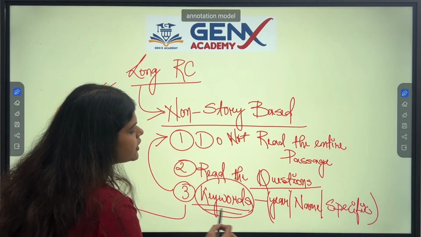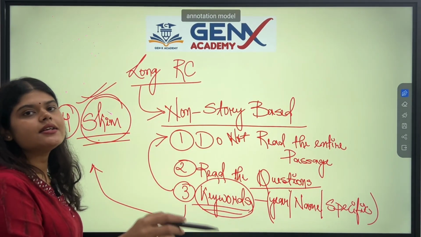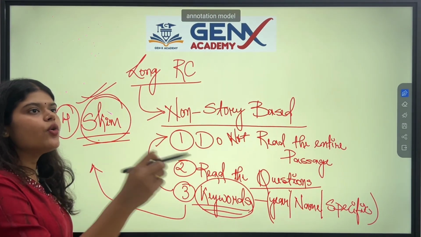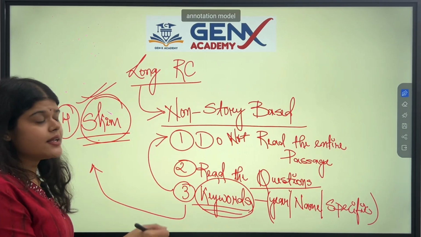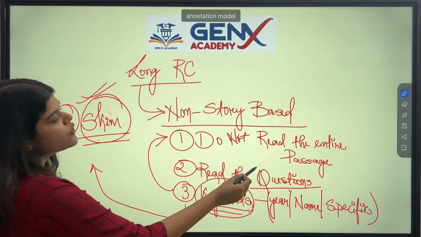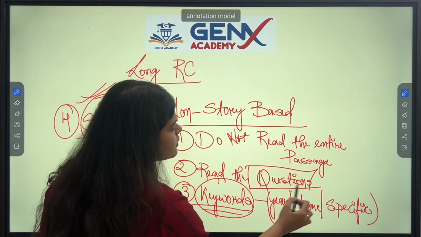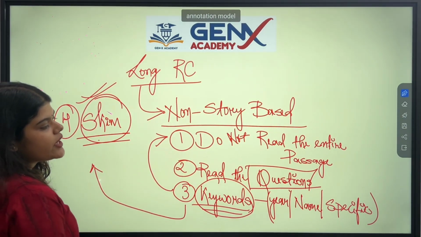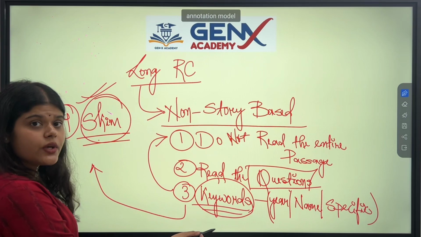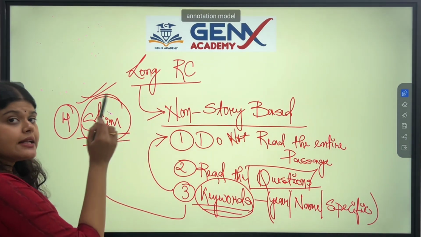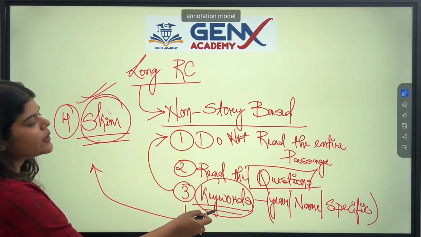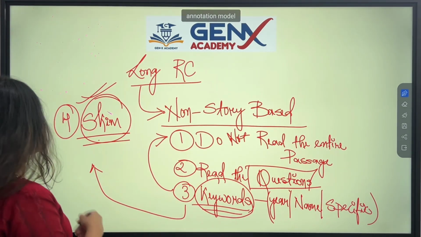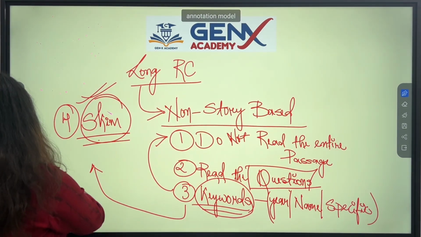So once you find the keywords, you then read the sentences. Suppose you find a keyword and then you read that particular sentence containing the keyword to find the answer to a question. So I hope you've understood the steps, that you read the questions first, you look for keywords, and then you skim the passage and search for these similar keywords and then find the answers to the questions. And